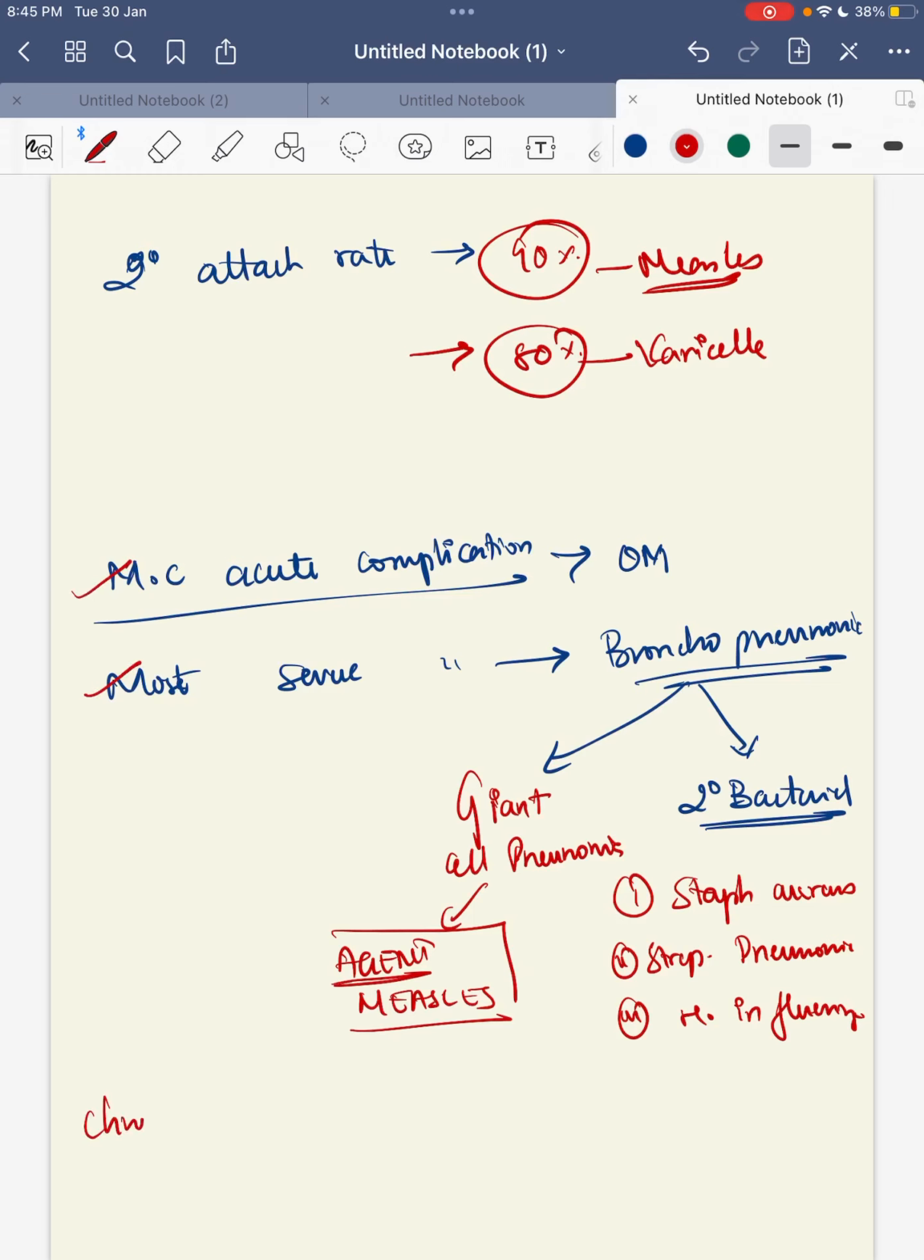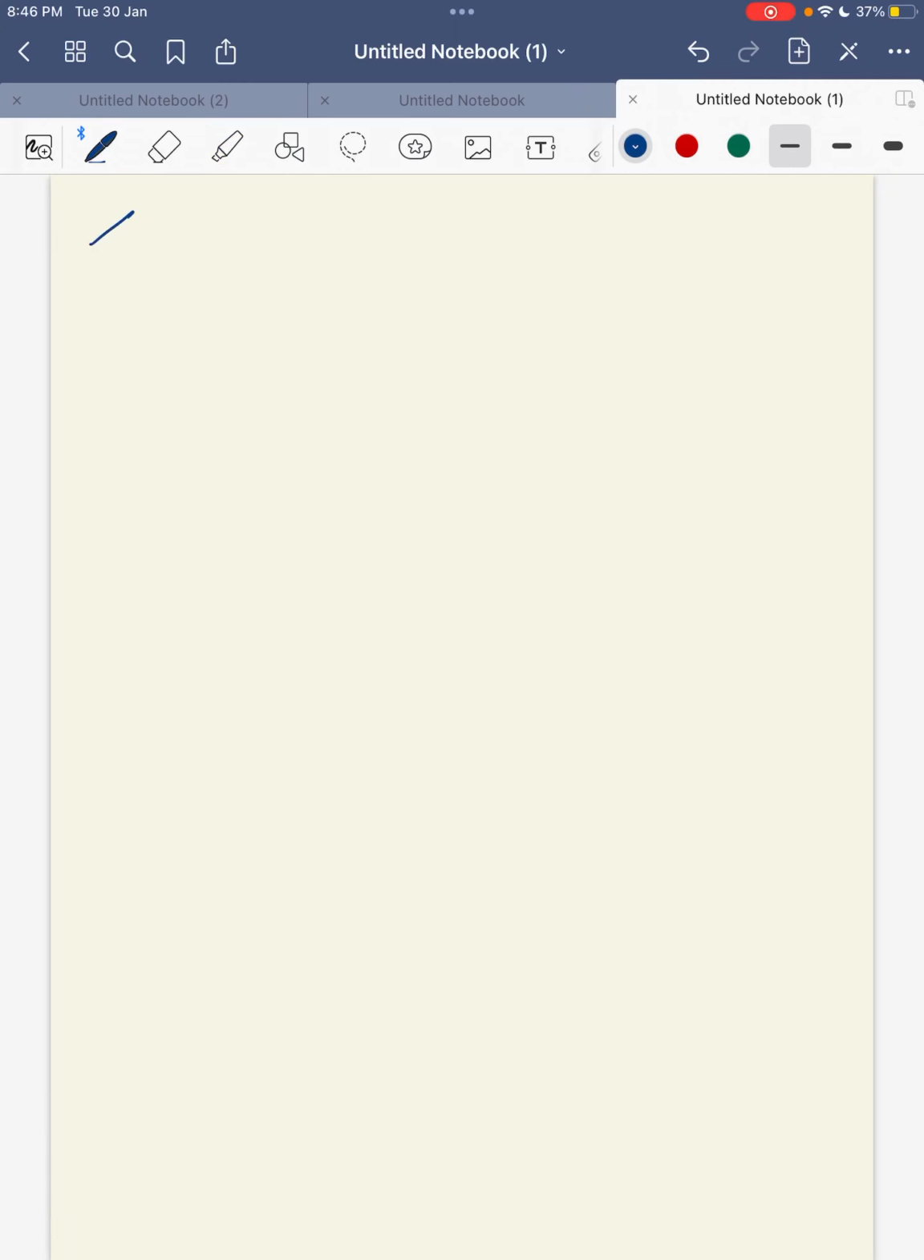And another one is the most acute complication, the most severe complication. Next is the chronic complication. The chronic complication is SSPE. This is also another 1 mark MCQ question, that is subacute sclerosing panencephalitis. Next 1 mark question that can be asked is, among the symptoms, which will last longer. So among the prodromal symptoms or among the rashes, which will last longer. So among the symptoms present in measles,